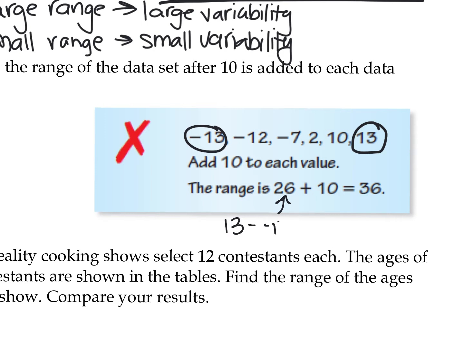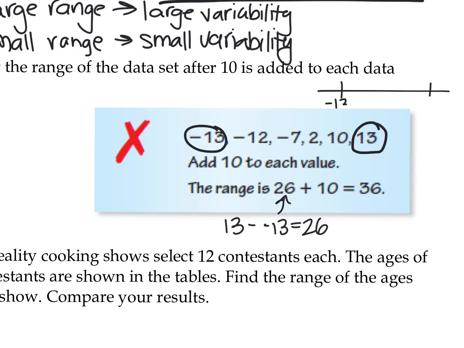13 minus negative 13 got them 26, and then they added 10 to it. But if we're adding 10 to each value, we're really not making the range any bigger. We're just shifting it on the number line, sliding it to the right 10. So it's kind of like